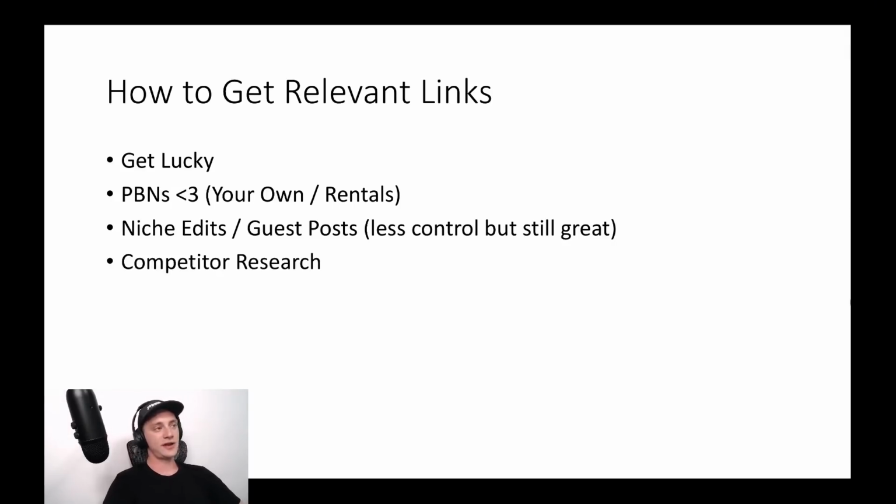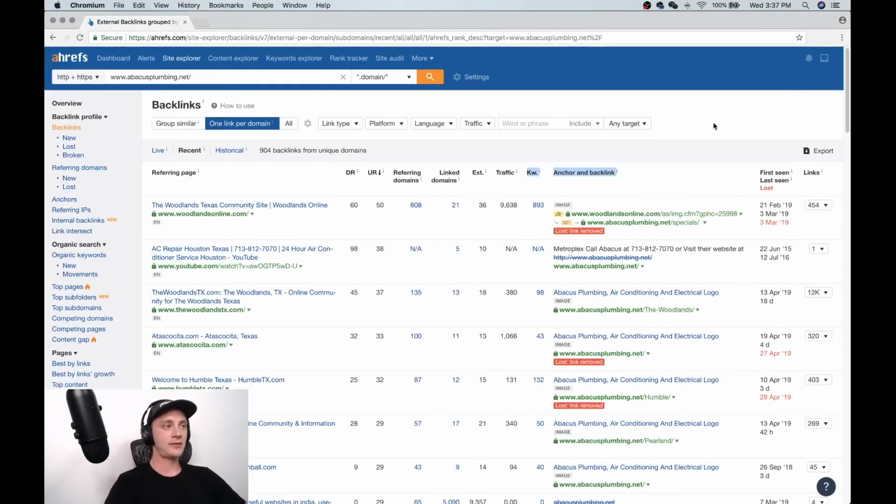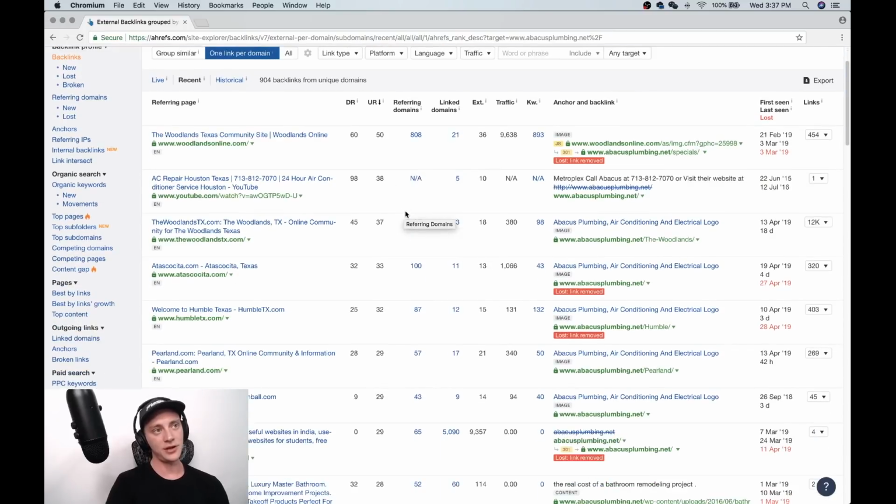All right, so next up we have competitor research, and for that one, we're going to hop back into Ahrefs. So here we are in Ahrefs. Let's say you have a client who is also a plumber in Houston. What you can do is pull up their top competition and check out the backlinks coming to their site. We're on the same backlink profile for the first plumbing site that we were checking out. So you just pull up the backlinks of your competition, and look at their